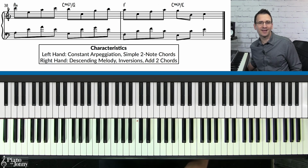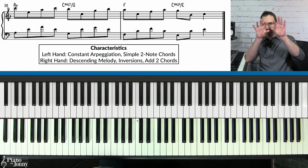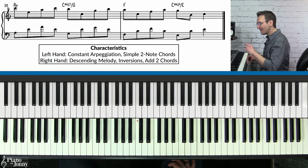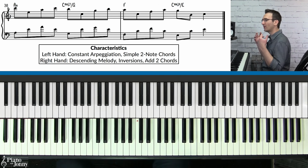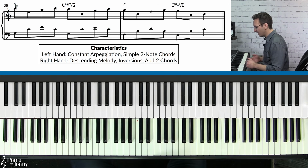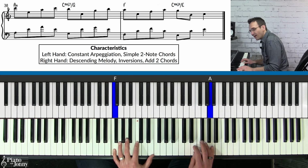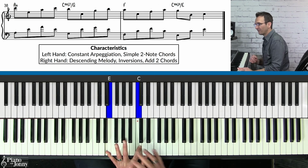This is a style of piano that you may have heard if you went to a spa or some relaxing place and you hear the beautiful piano music in the background. So for this particular style, what makes it unique starts with the left hand, and in the left hand we typically have what I call constant arpeggiation. That's where you take a chord